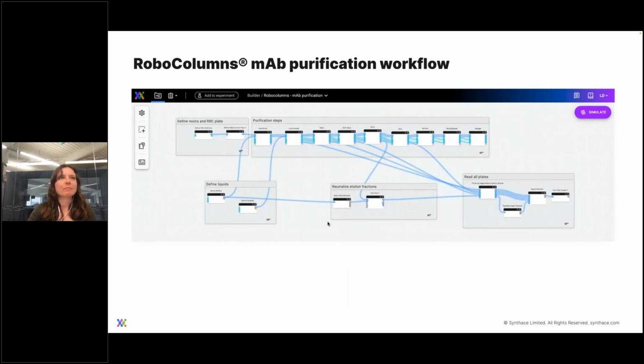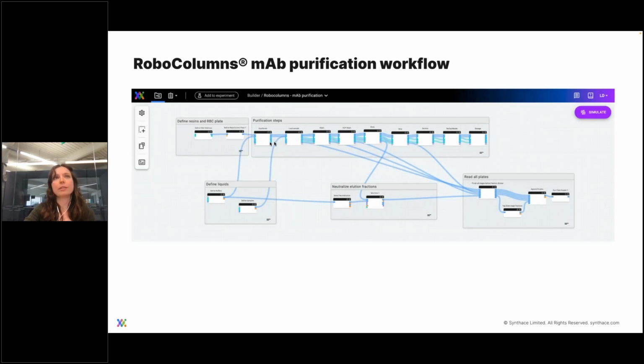And so once again, further slap in the face. Bam, what is this? It's, again, if you just take a breath and focus in, it's really simple because once again, it's very modular and it all flows quite nicely. And so you'll see here, you have define resins and RoboColumn plates. So these are the 2 elements I was mentioning earlier. This is simply you specifying, right, what am I dealing with? What's my RoboColumn plate looking like? And this is, again, simply a copy of that one element where you're specifying the different stages